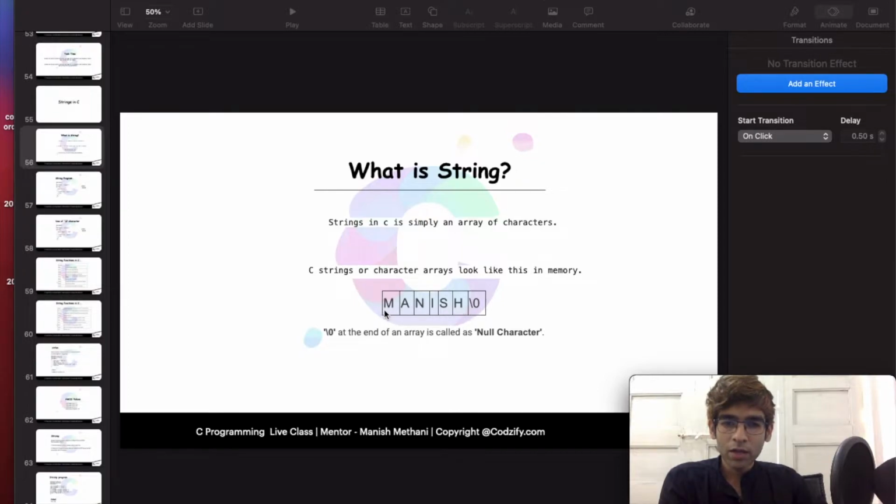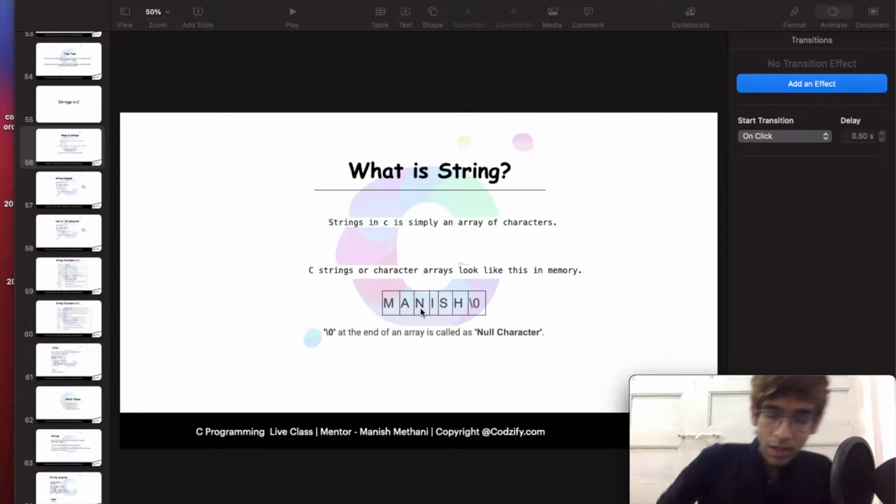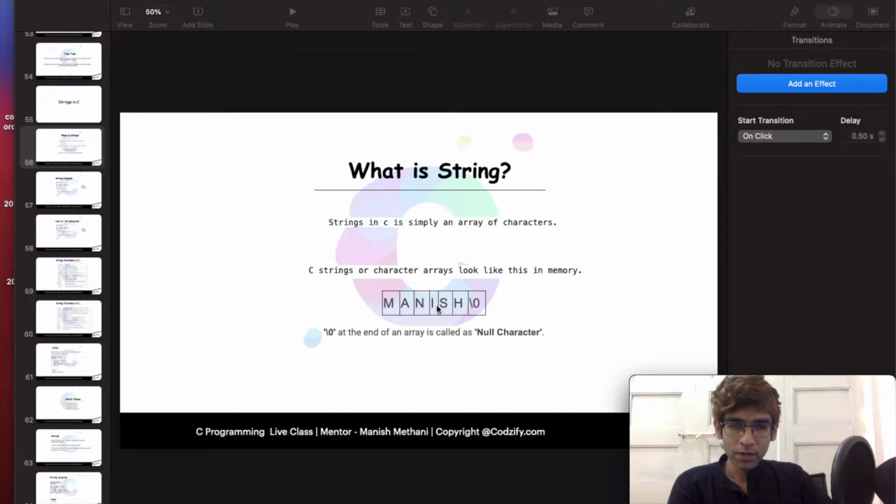Every time we write a string in a C program, the compiler adds this null character automatically to every string. So at index 0 of this string M is present, at first index A is present, then N, I, S and H, and this null character is added automatically, but we don't see it in our program.